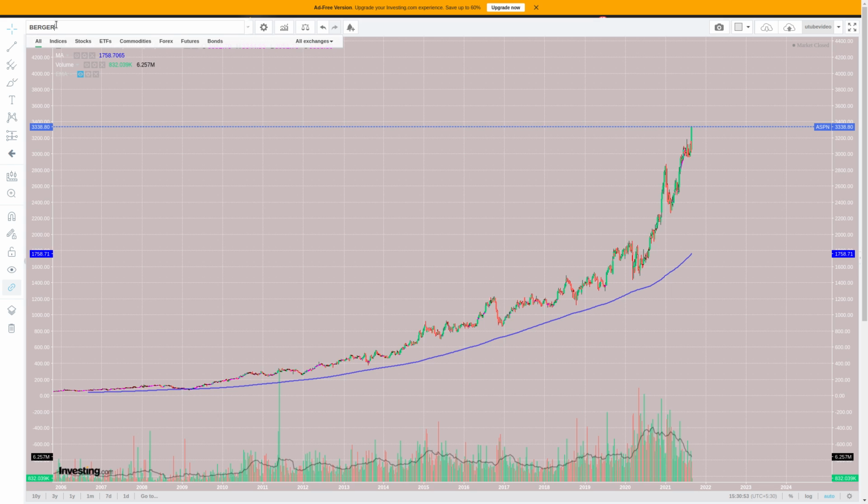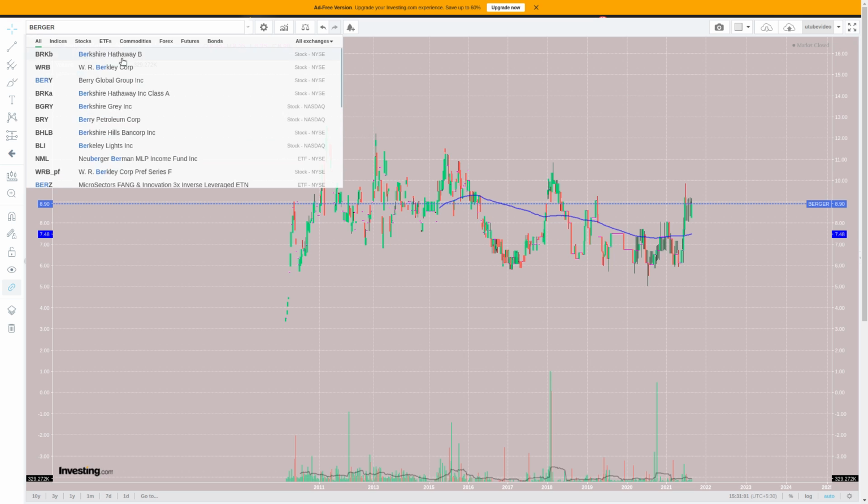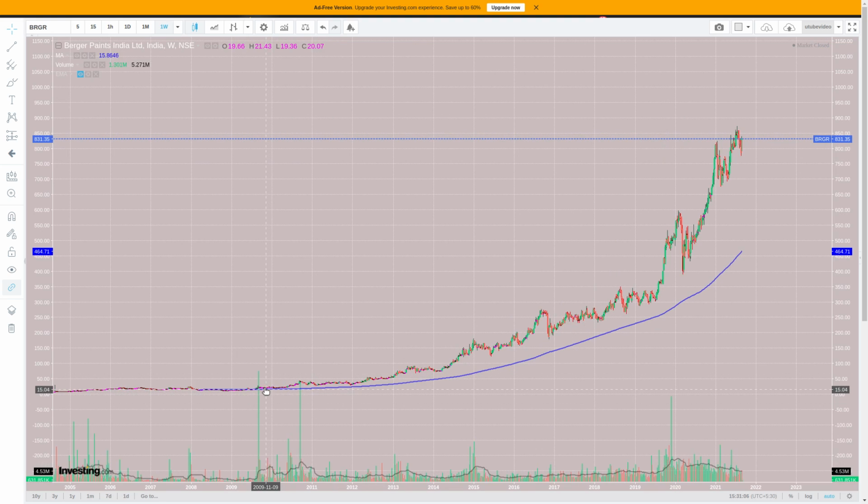Let's compare this with Berger Paints, and here you will see that, sorry, this is not our Berger Paint, Berger Paints India. Yeah. Here also you can see that Berger Paint has also been able to maintain the 200 SMA since long, and it never came near the 200 SMA even with Corona. So this showcases that these are the companies you want to be in, and going forward you can use this strategy to find and evaluate companies based on technical analysis, and this will also help you to create